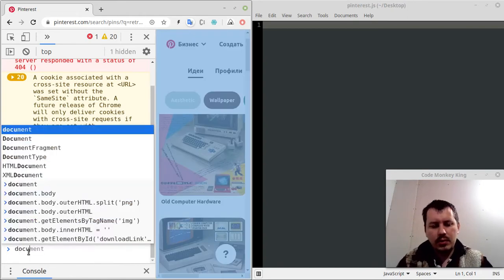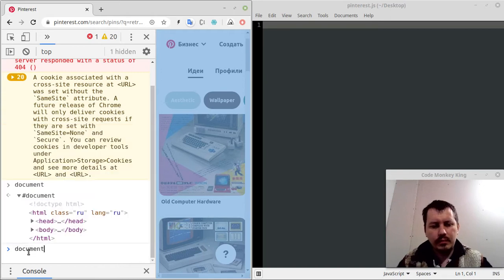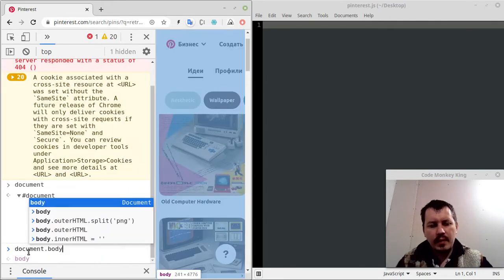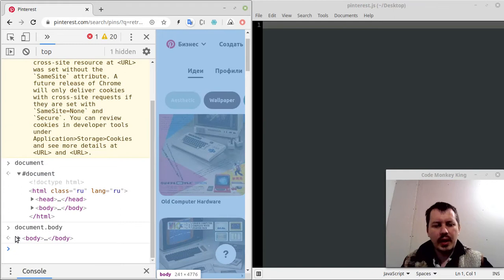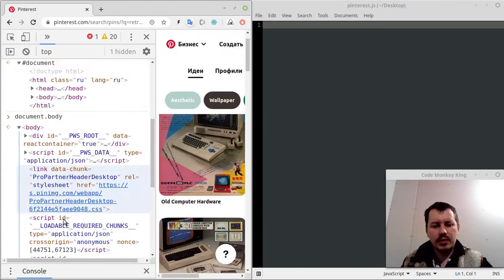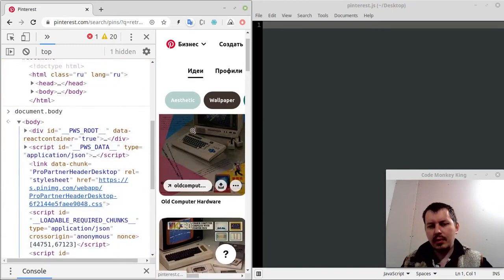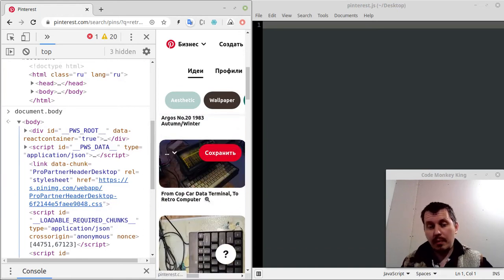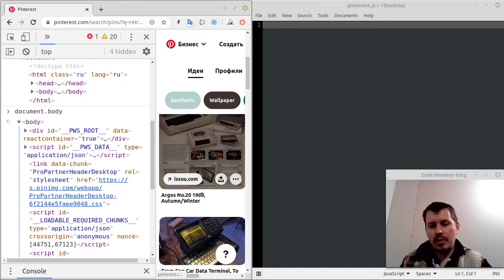So we say, for instance, document.body. In this case, we only have the elements from the body, so this is a bit narrower, but still a whole lot of things that we don't need. One of the approaches is to try to find the element, search it by class, by tag name, by whatever attribute. But that's long, boring, and doesn't always work perfectly,